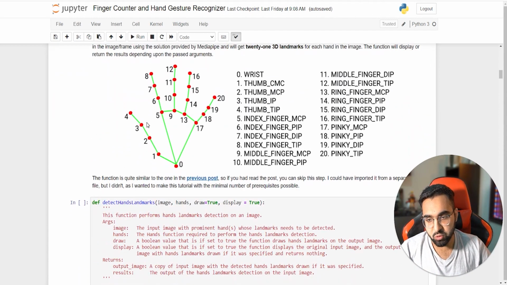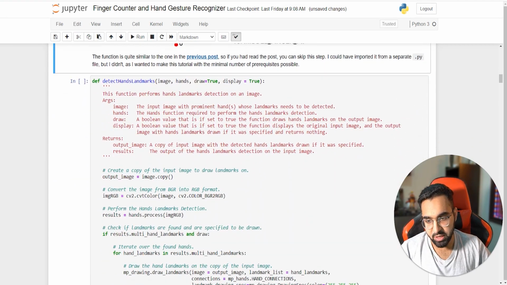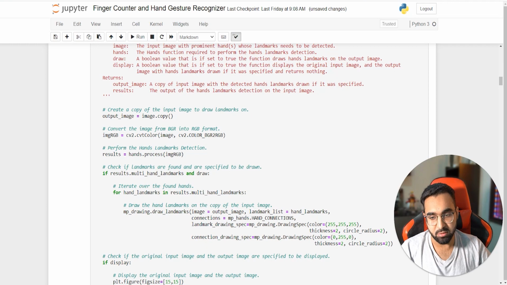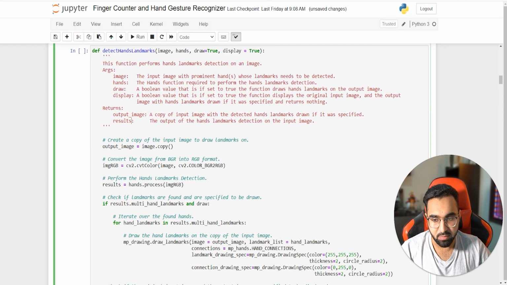And then here I'm initializing the drawing class, which will help me to draw or annotate the hands in real time. Once that's done, all I'm going to do is create a function that will output a hand skeleton and do the real-time hand landmark detection. Inside this function, I am reading the image, I'm converting the image to RGB, and then I'm processing it. So here's where all the processing is happening. All you need to do is pass in an image in RGB format, and this function will take care of